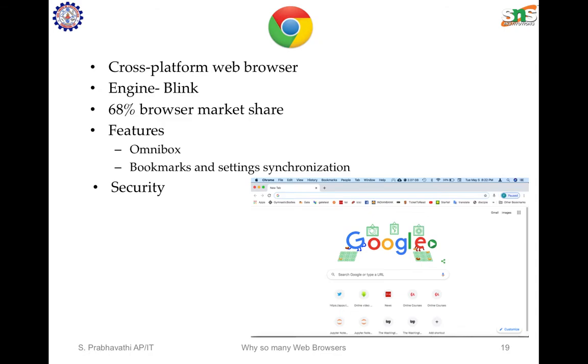And finally, moving to Google Chrome, a cross-platform web browser developed by Google, released in 2008. It uses the Blink rendering engine, and Google Chrome was later ported to almost all kinds of OS like Linux, Mac OS, iOS, and Android. Initially, WebKit was its rendering engine. Later, it moved on to using the Blink engine.